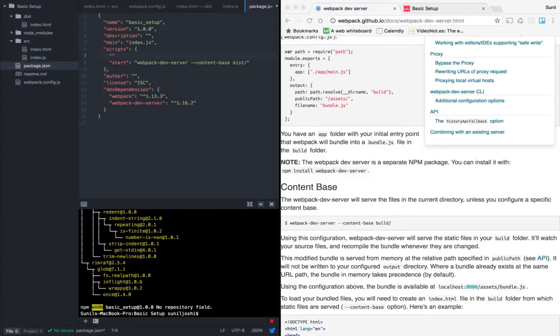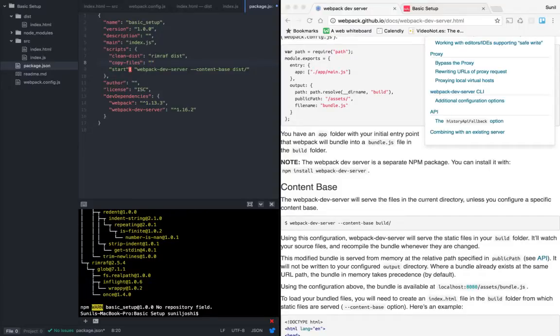So let me go ahead and write a few scripts. Clean dist, and rimraf dist. And the other is cpy, copy files, I would say a very generic name, because we might copy more files later.